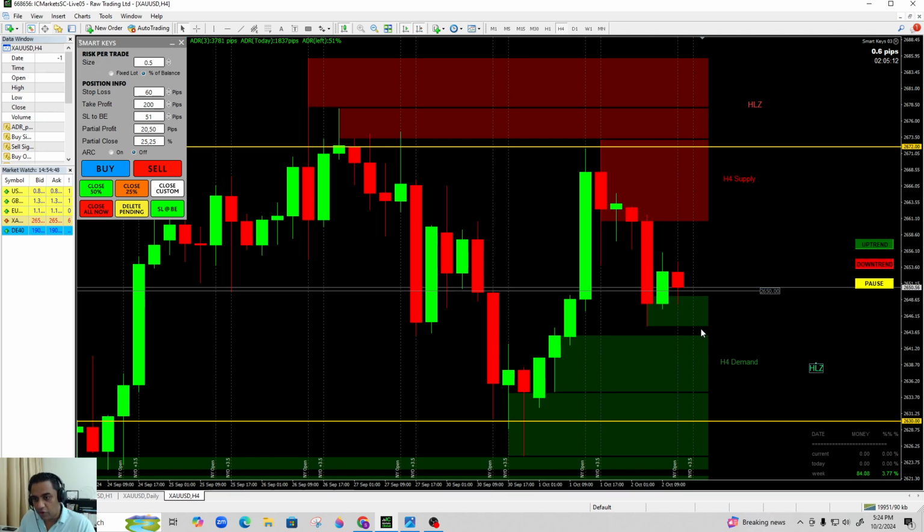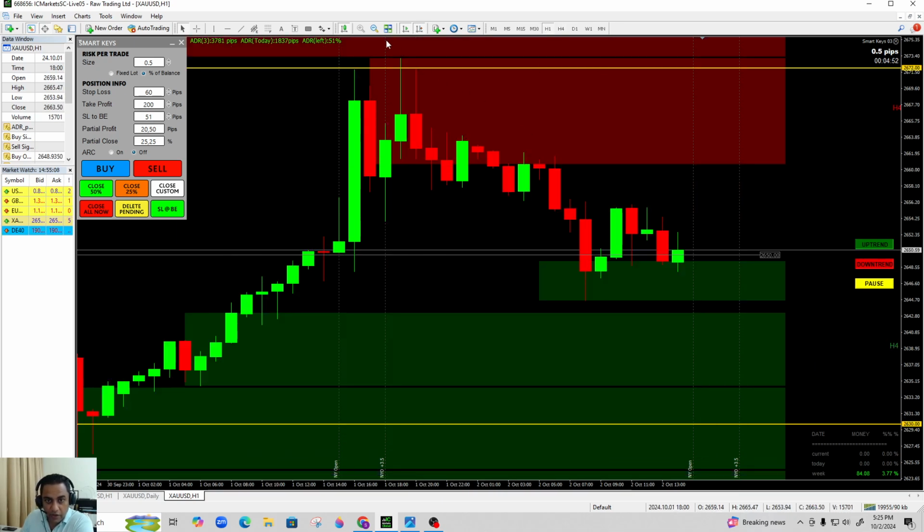Okay. Also, we're going to identify which ones are high liquid zones and which ones are not. Let's start with up here. Did this supply zone take out an opposite demand zone? Right. On the H4, it hasn't. This drop here didn't take out anything here. Okay. But I'm going to look on the H1 and see if it did take out something. So on the H1,